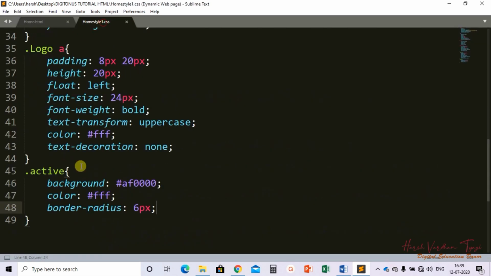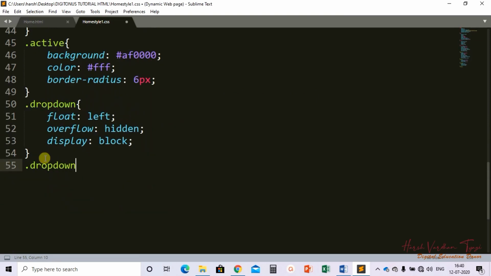The dot drop down. Okay, then give a space and write the subclass name, that is dot plain pixels.